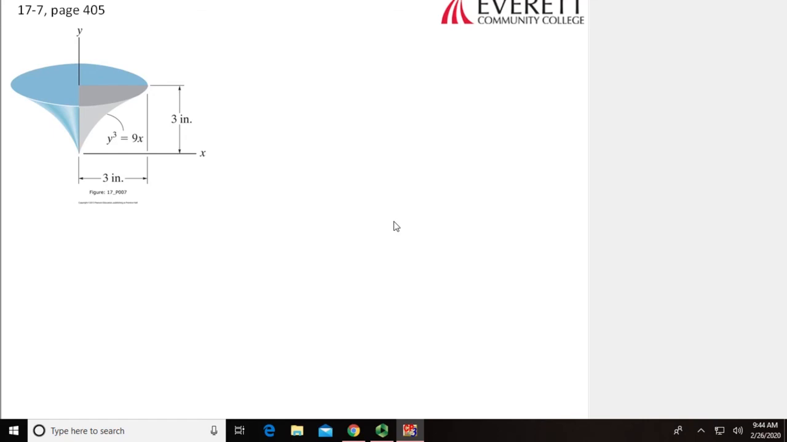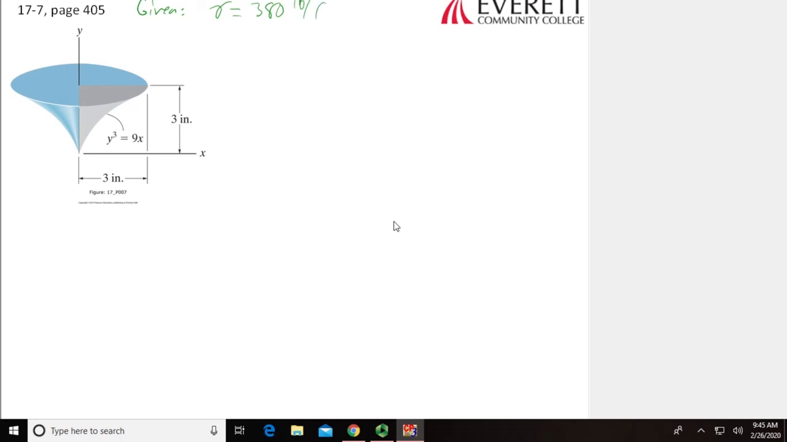This is 17.7, page 405. Unfortunately, I didn't write down what it's asking, but I believe it asks us to find the... here it is. It says, the solid is formed by revolving the shaded area about the y-axis. Determine the radius of gyration, ky. The specific weight of the material is gamma equal to 380 pounds per cubic feet. So we can say given gamma is equal to 380